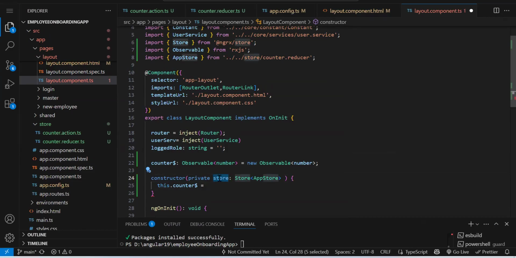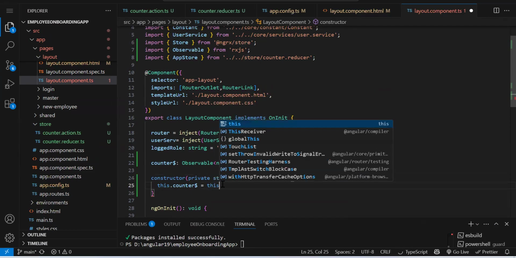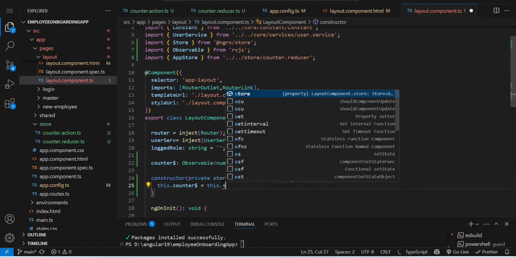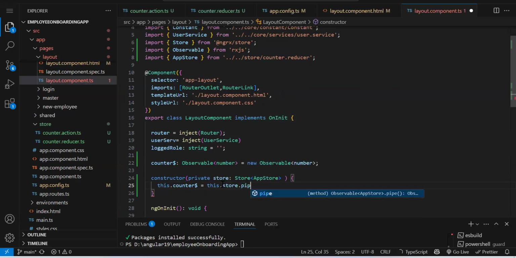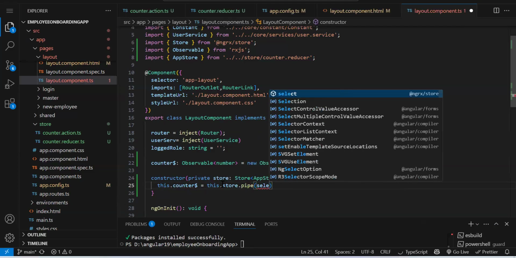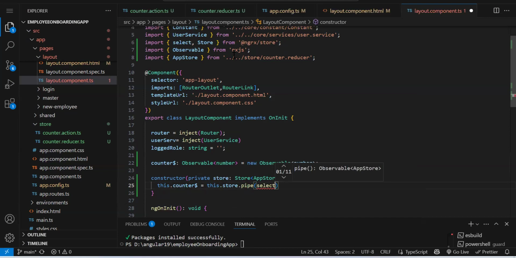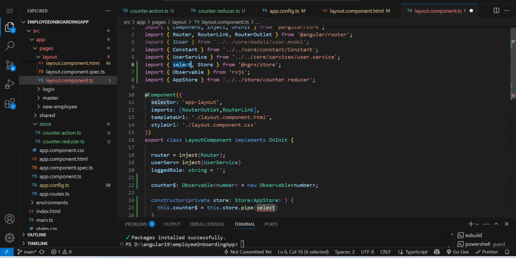To read the data from your store, we have some select method. So this dot store dot, we have to use the pipe operator. Okay. From RxJS. And inside that we have to use select method from our store, because select method is present in RxJS also, but we have to use it from our store.